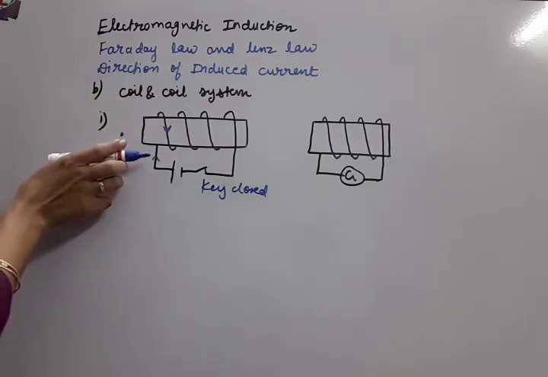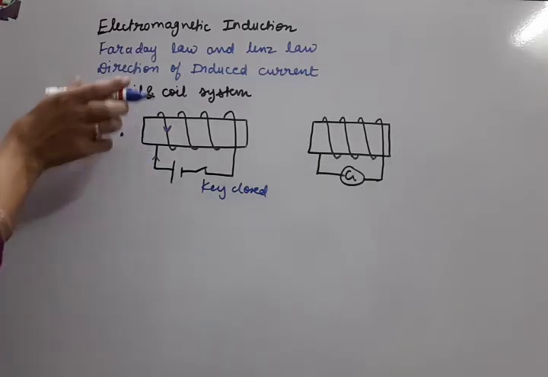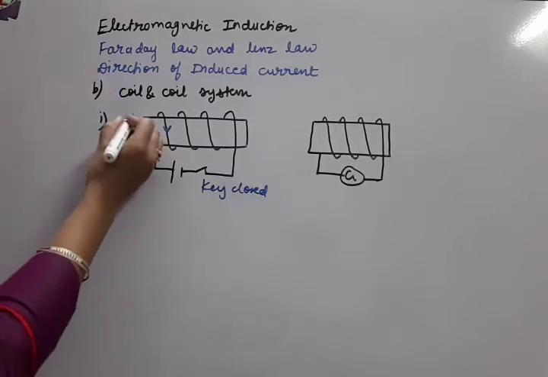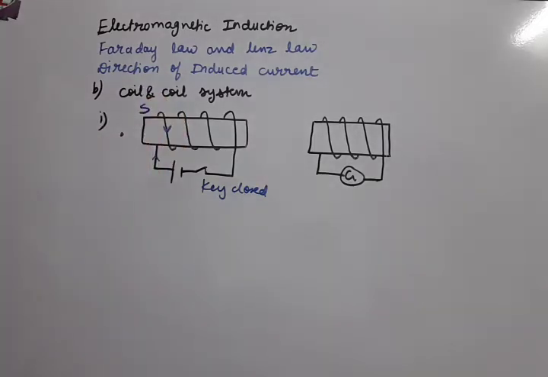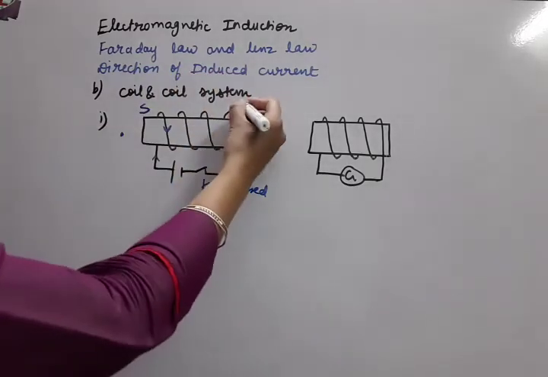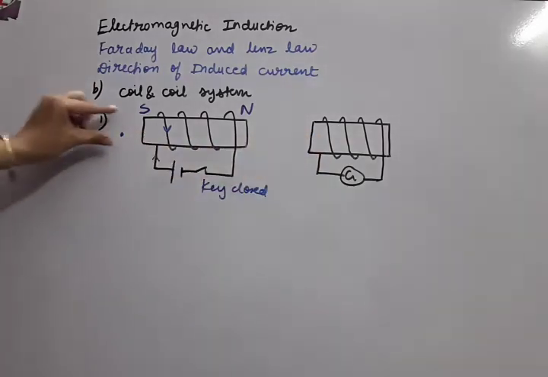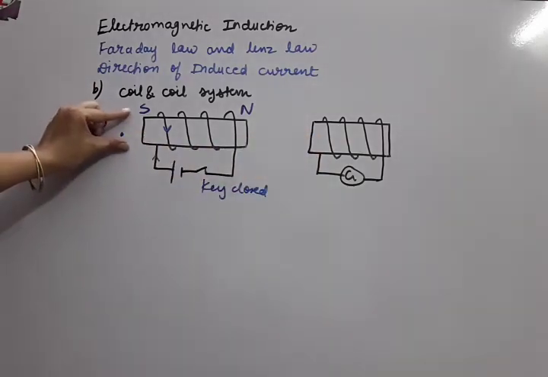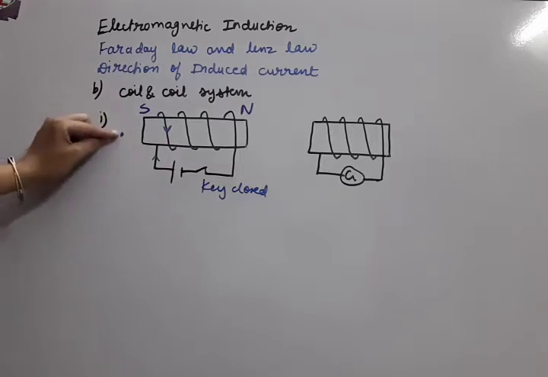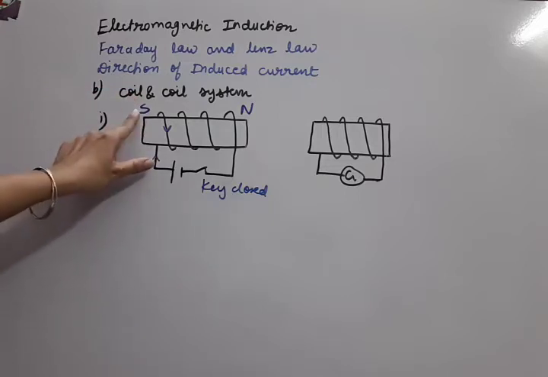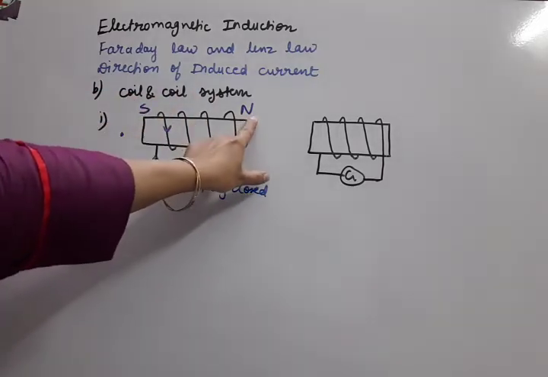From this side you have to look at the direction of the current. Is it clockwise or anti-clockwise? You just see it is this way. This direction of current is clockwise. So this side it is south pole and this side it is north pole. You have to always decide from one location only. You don't go to the other side now. Only from one side of the coil fix up the poles. So from this side if I see that the direction of the current is clockwise, that's why it is south pole and the other is north pole.